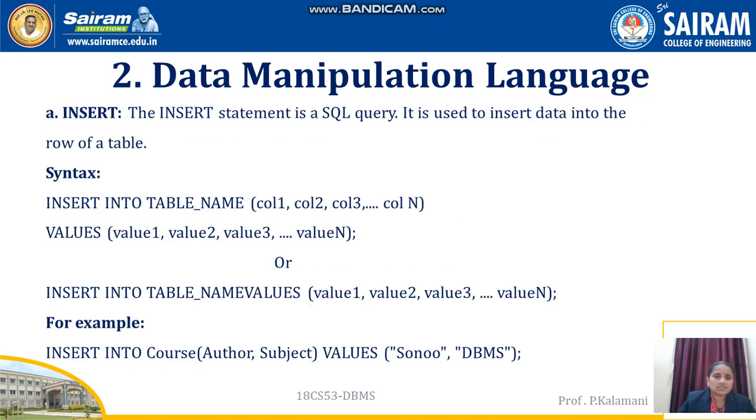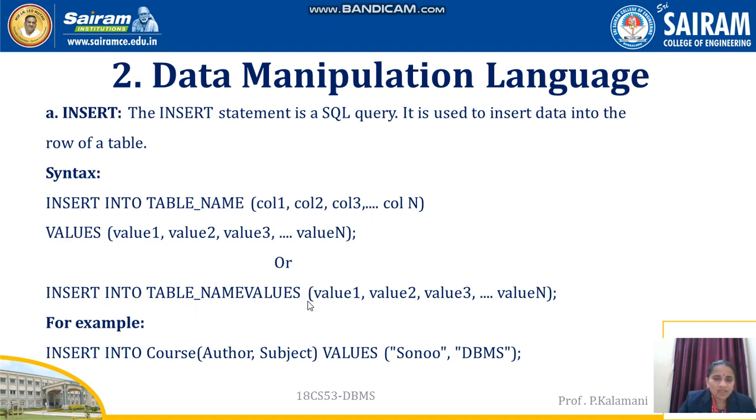We know that the insert command means inserting a new tuple, a new row, into the relation. So for that, what is the command used? Insert into table name. Insert into is a keyword, then the table name, what table we want to insert into, and what columns we want, attribute column 1, column 2, etc. What values we want to insert, values, then end with a semicolon.